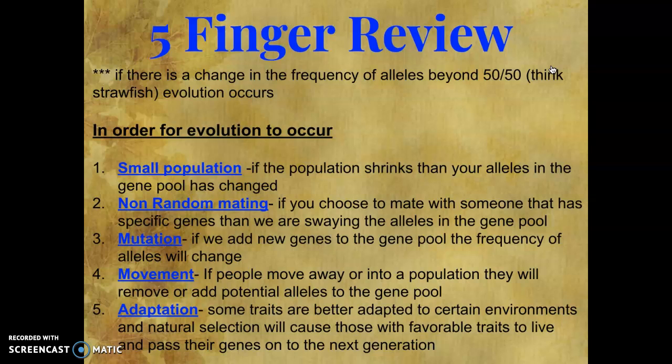During the Strawfish Lab, we had a 50-50 balance between the two allele frequencies. There were 10 blue straws, or 10 blue alleles, and there were 10 yellow alleles. We started that way every single time. If for some reason the allele frequency changed, and it didn't go to 50-50, it adjusted, that's when we saw